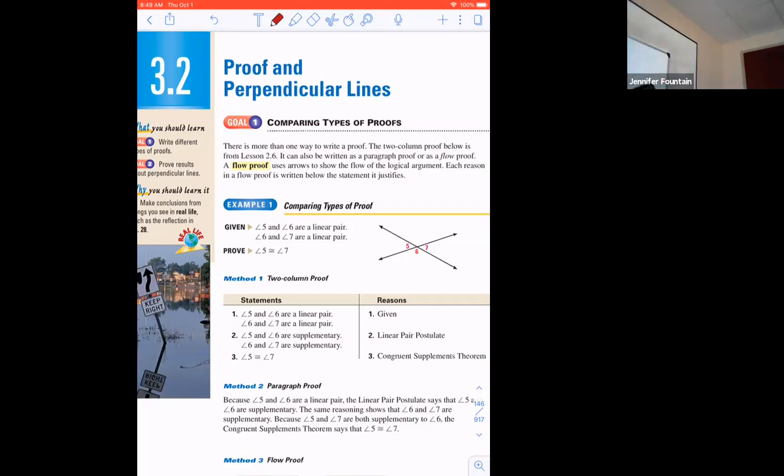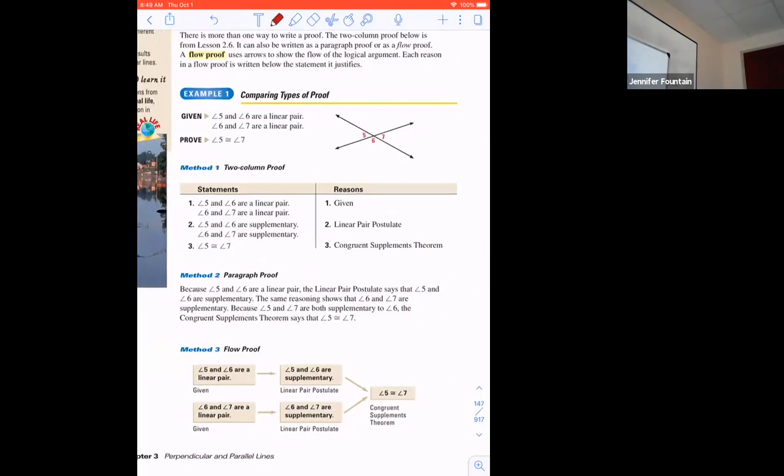proof and perpendicular lines. In this section, we learned about the flow proof, okay, and that's at the bottom of page 136 and over on 137. We talked about how basically you can start out with your given and you kind of have a flow chart, if you will, where you kind of go from one concept, draw an arrow to the next concept, or if it's something that's the same, you would go from side to side. Like I said, I'm not going to stress too much about the whole proof situation. We will have some proofs where you will have some given statements and some given reasons, and you have to